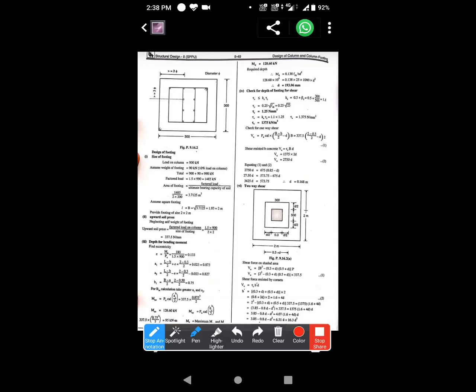फिर एरिया ऑफ फुटिंग निकालना है. एरिया ऑफ फुटिंग कैसे निकालते हो आप, फैक्टर लोड अपॉन अल्टीमेट बेयरिंग कैपेसिटी. ओके, वो क्वेश्चन में दिया रहता है. SBC दिया रहता है आपका, SBC पुट अप करो, उससे आपका एरिया मिलेगा फुटिंग का. और आपको क्वेश्चन में प्रोवाइड किया जाता है कौन सा स्क्वायर फुटिंग ले रहे हो, रेक्टेंगुलर फुटिंग ले रहे हो, उसके बेस पे आप एरिया फाइंड करोगे. एरिया मिला है आपको, उसके बेस पे आप साइड फाइंड करोगे. तो यहाँ पे 2x2 मीटर का आपका फुटिंग आया है.